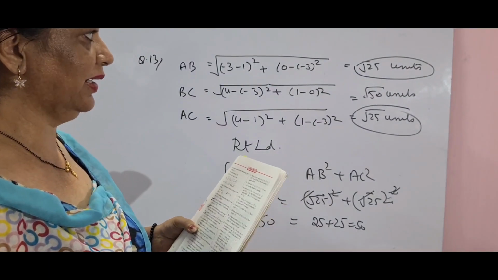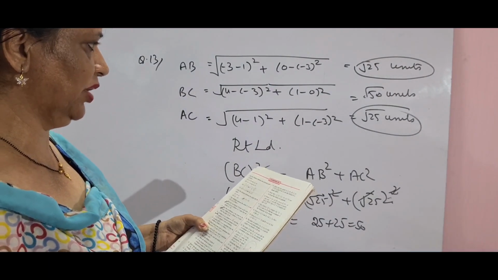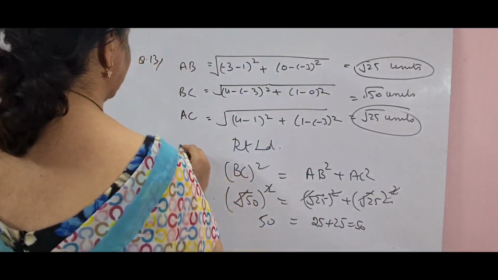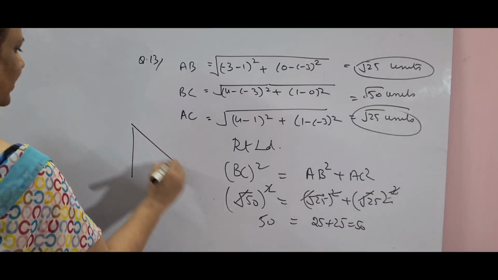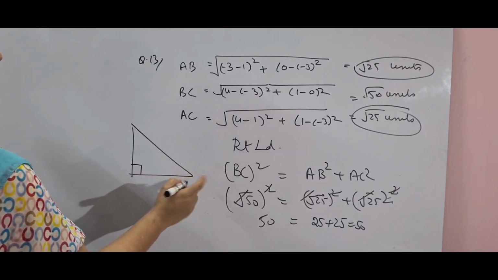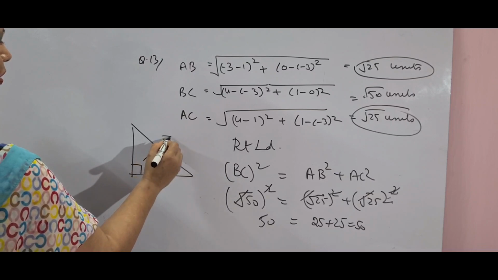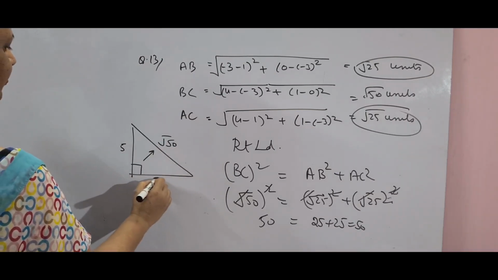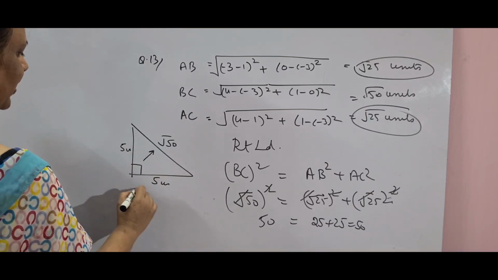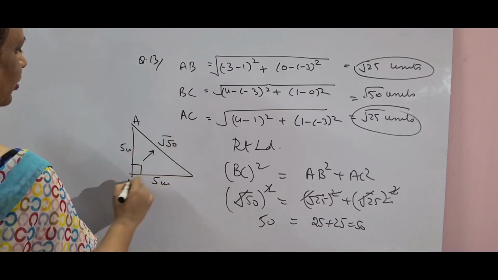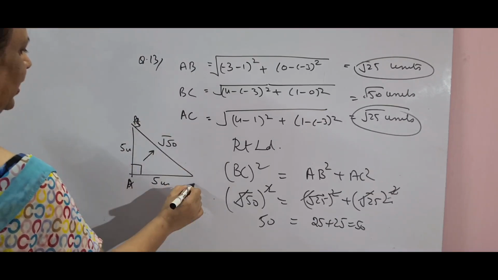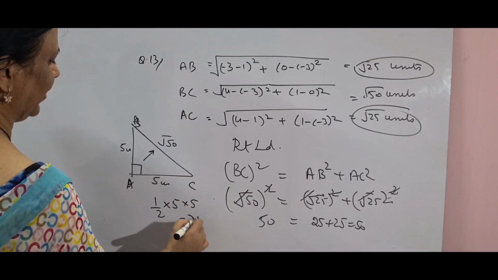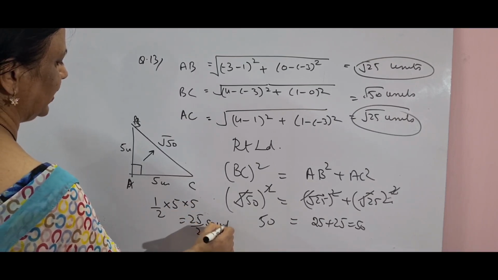Isosceles right angled triangle. And then he has asked you to find the area of the triangle. You very well know the area of the triangle, the largest side, I am making the figure here, the largest side is the hypotenuse. Because it is a right angle triangle, the largest side is root 50. And the other two sides will be root 25, that means 5 and 5. 5 unit, 5 unit. If I have to find the area of triangle ABC, you will write it half into 5 into 5, 25 upon 2 square units, and that is the answer.